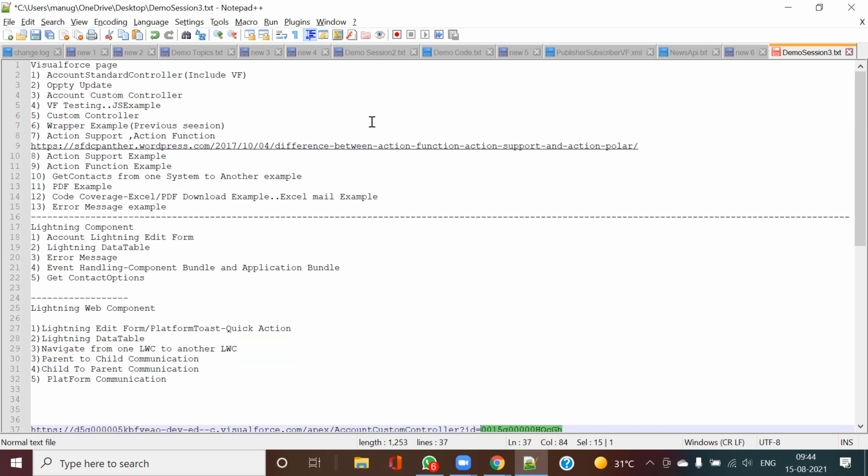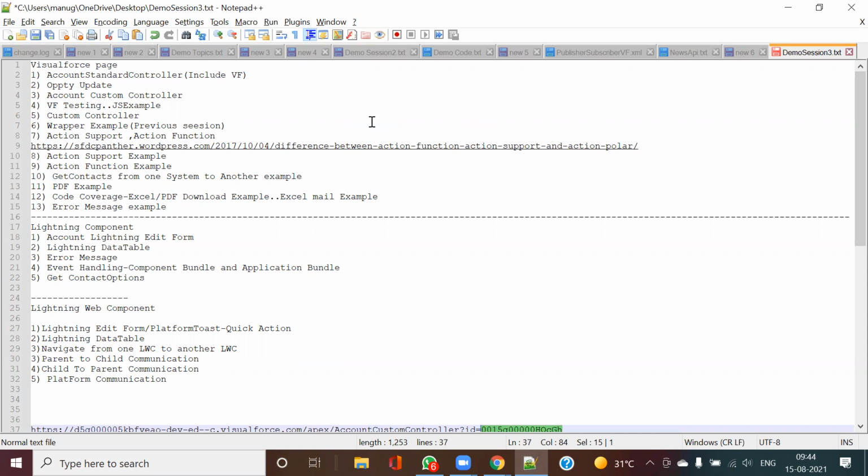Assume I have an account object, and whenever I am setting my rating to hot, I want my revenue to be set to 300. Just like in a before trigger, before saving the record, you do some sort of calculation at the back end. The same thing I'm doing in my standard controller extension. There, on the save, you need to override that behavior.